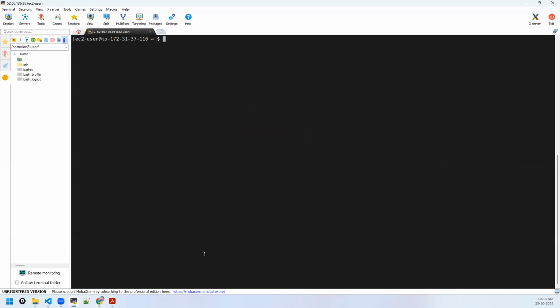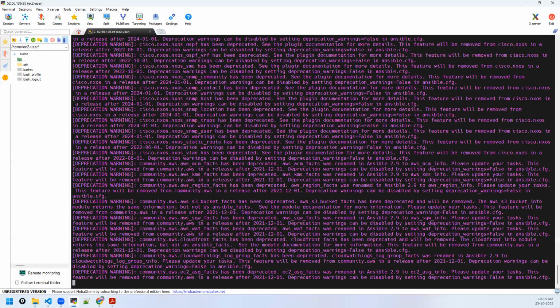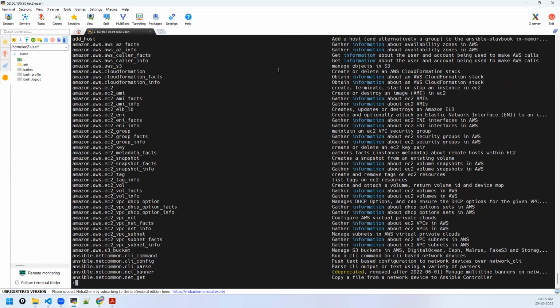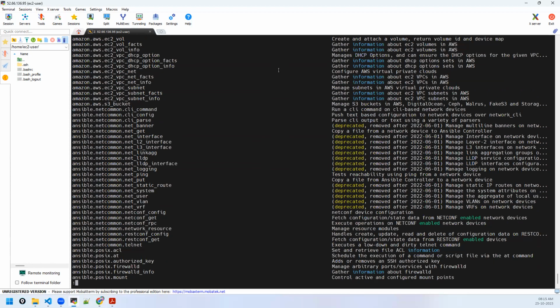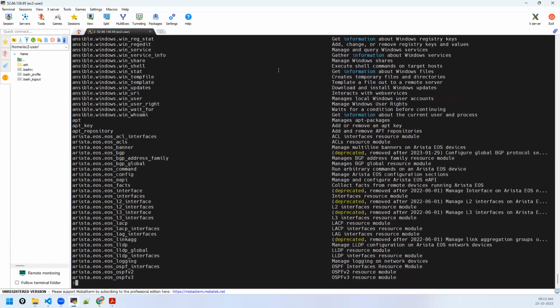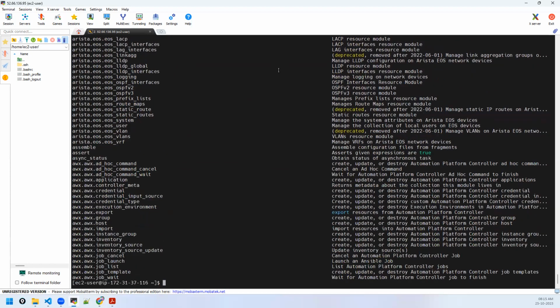And also, what is this command? What is this ping? -m means module. I told you, right? You call a module for any automation. Ping is one such module. Okay. And you can see all the Ansible modules listed this way. ansible-doc -l will list all the modules. Some warnings, but yeah, all the modules you can see here, right? And their description beside.